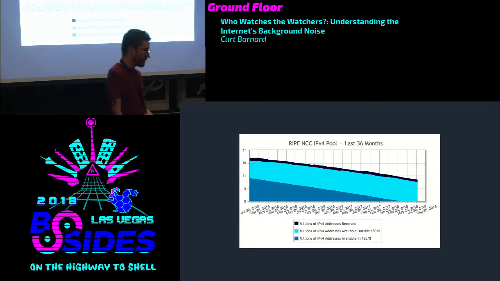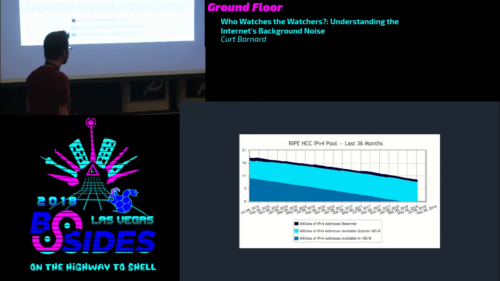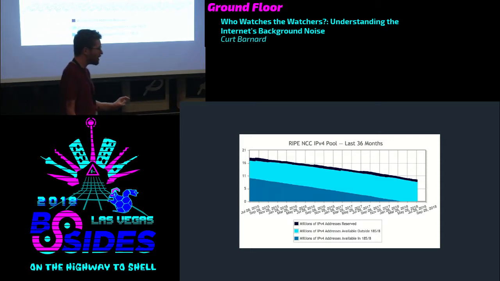And actually, if you go to the RIPE NCC's website and look at their reports on IPv4 exhaustion, they actually have IP addresses still in the free pool in a single /8. But what's kind of interesting here is the line at the top, it's supposed to be dark blue, but it looks black. These are reclaimed IPv4 addresses, and they do this interesting thing where they ask network owners to return IPv4 addresses back to them, and they put them in this cool off period where they sit for a full year before they can be used again, because they want to make sure that they're not actually